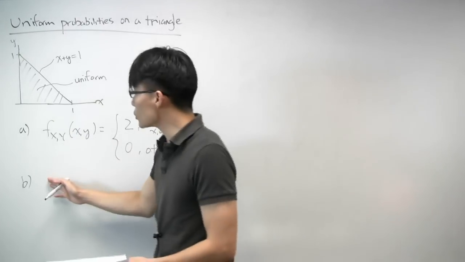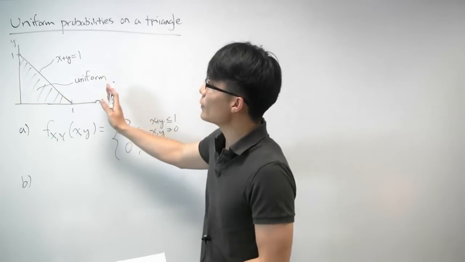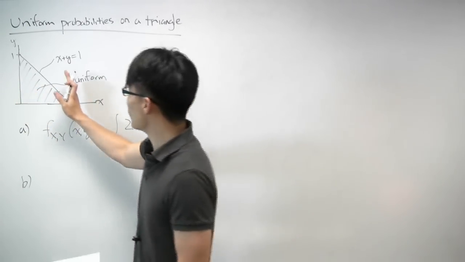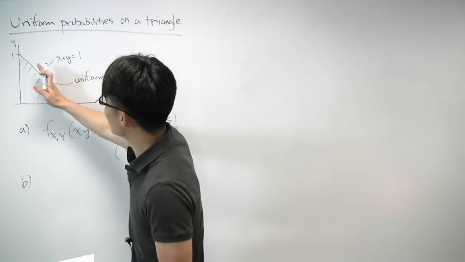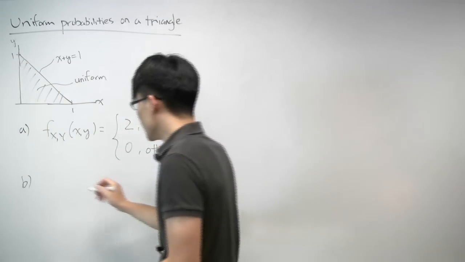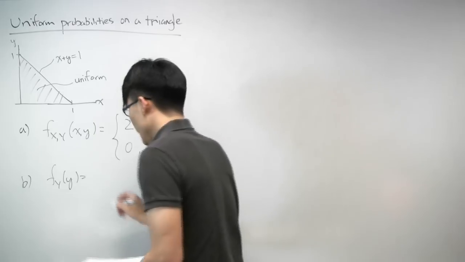To calculate a marginal PDF of Y, remember, a marginal really just means collapsing the other random variable down. You can just imagine taking this thing and collapsing it down onto the y-axis. And mathematically, that is just saying that we integrate out